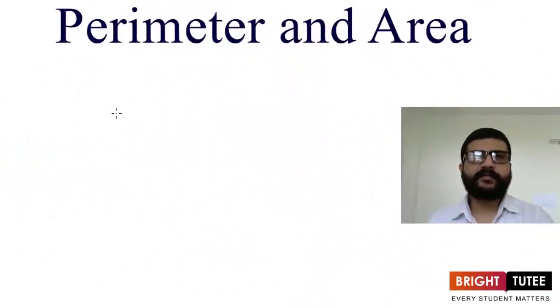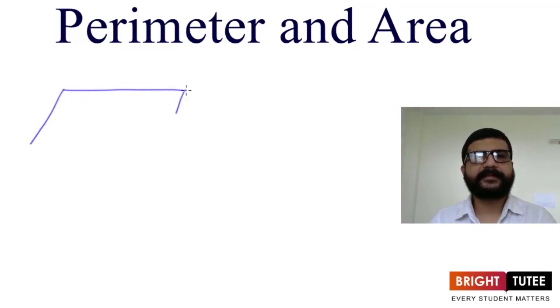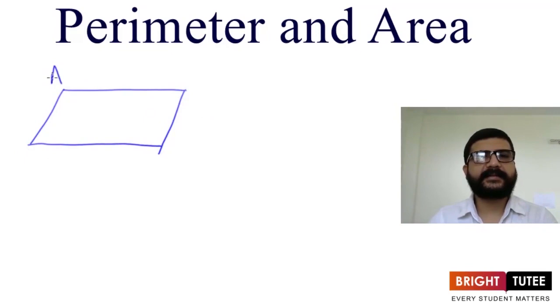In the previous video, we have learned about area of a parallelogram. We have seen that area of a parallelogram is equal to base into height. Now suppose we are having this parallelogram. Let's say this is a parallelogram. This vertex is A, this is B, this is C, and this one is